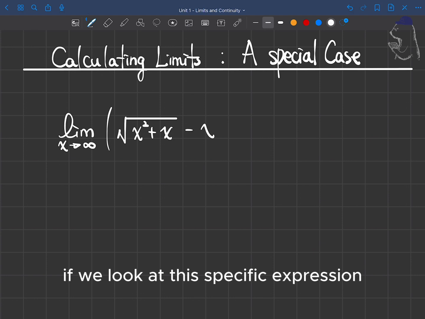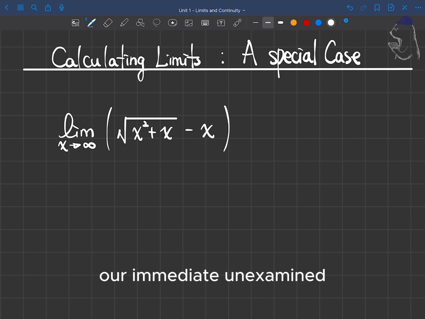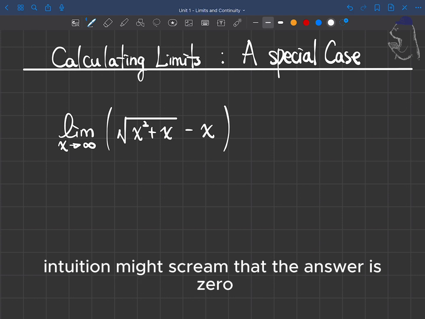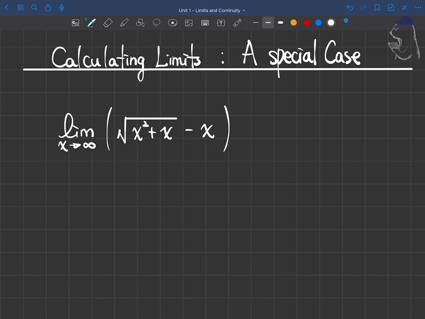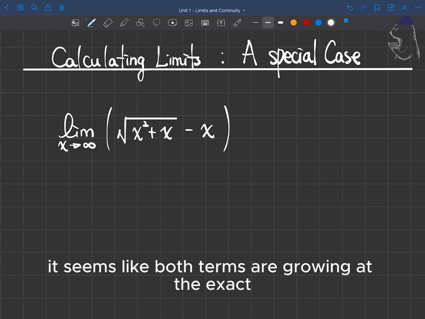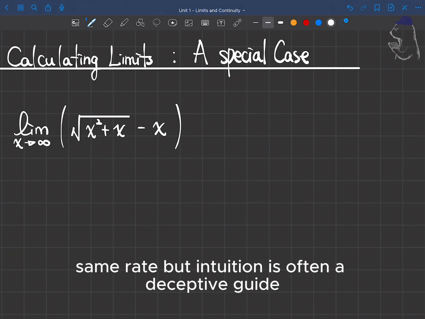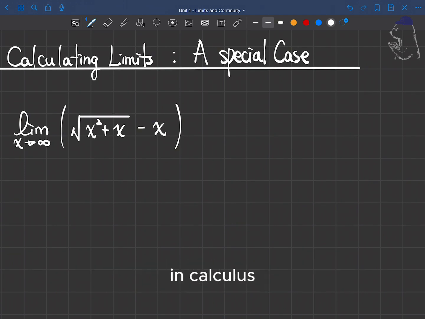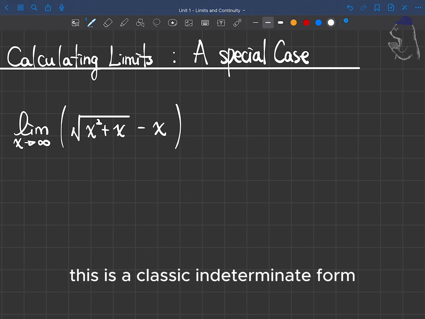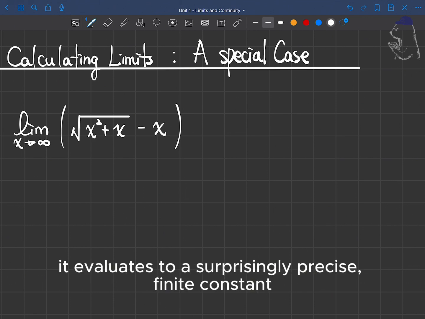What happens when we subtract infinity from infinity? If we look at this specific expression, our immediate unexamined intuition might scream that the answer is 0. After all, it seems like both terms are growing at the exact same rate. But intuition is often a deceptive guide in calculus. This is a classic indeterminate form, and today we will uncover why it evaluates to a surprisingly precise finite constant